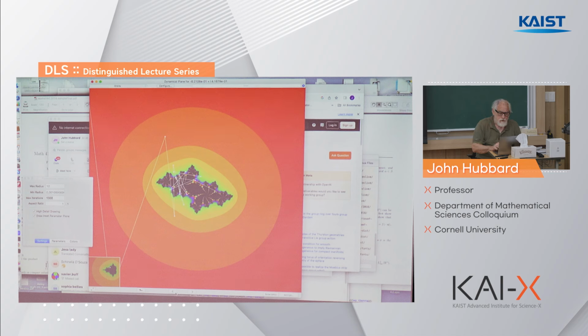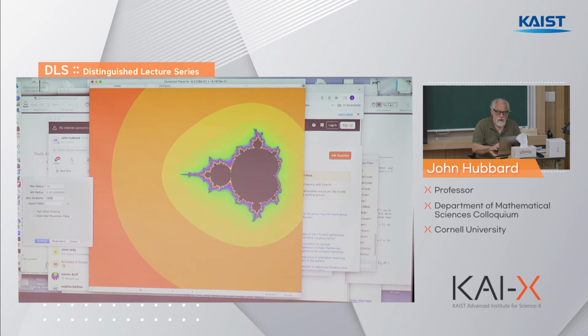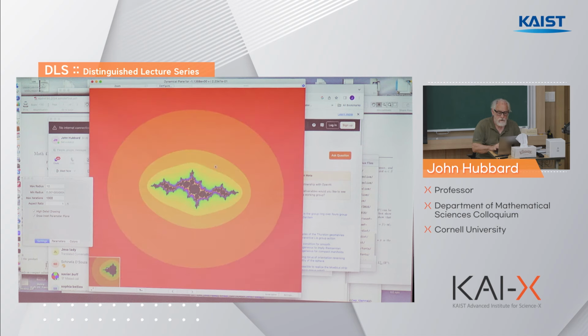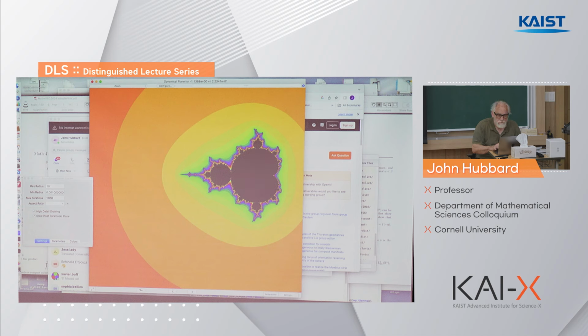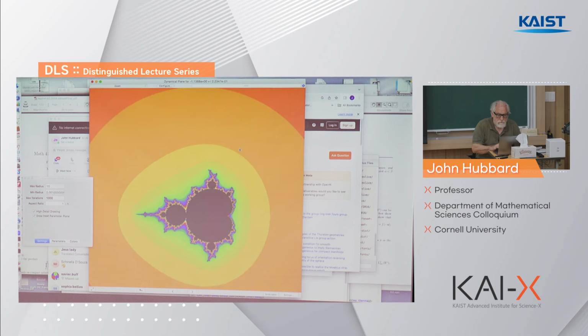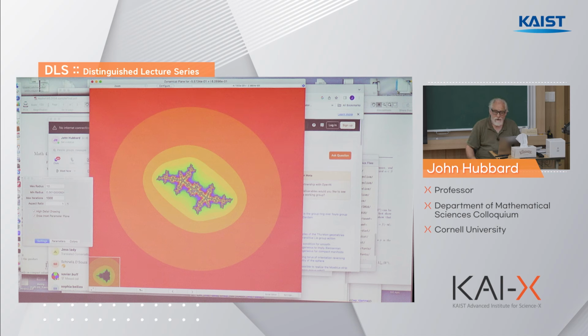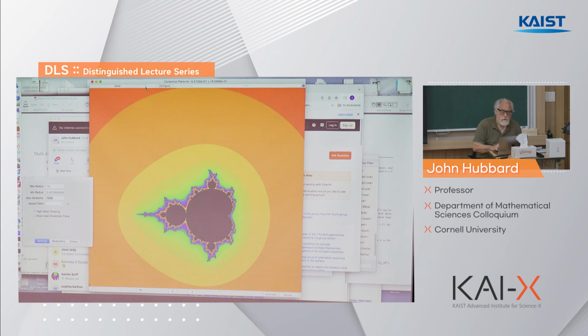Now, it is not quite true that all Julia sets look anything like that. I could come up with this one. No, that isn't what I want to do. I want to go to dynamics, and I could come up with this one, or with, but there really is a dichotomy, and the dichotomy is that if I chose a point outside the Mandelbrot set,